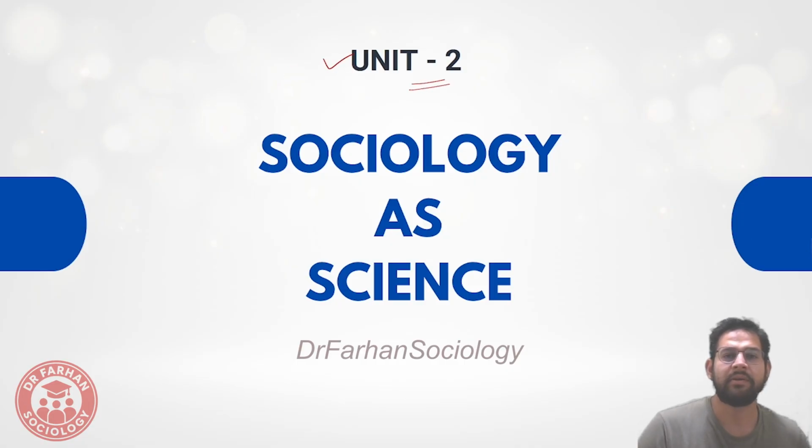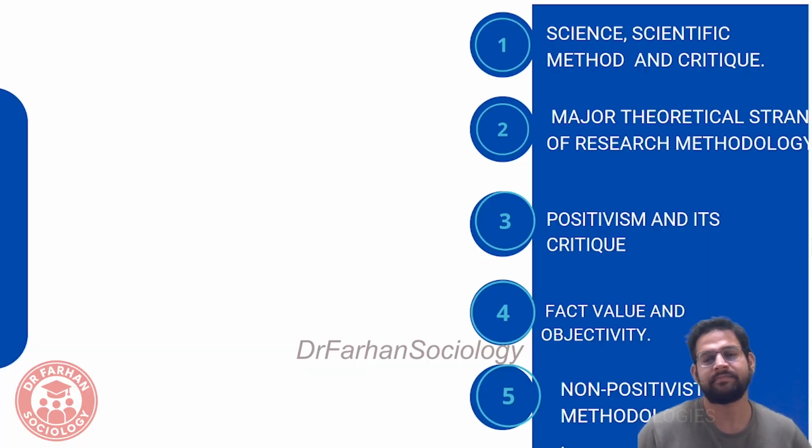So, here, Unit 2 is talking about sociology as science. Let me just recall. Unit 1 was all about history. It was telling how the subject of sociology got developed in the 19th century, what was happening in the 15th, 16th, 17th, 18th centuries for 400 years, and as a product of that modernity, a new subject came into existence, which was called social physics. Later, that subject was changed by Auguste Comte, the father of sociology, into sociology.